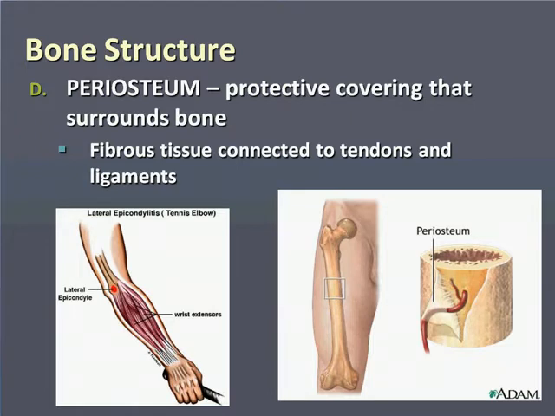Somehow skipping letter C, going straight to D, not sure what happened, is the periosteum. Peri just refers to the surrounding parts, and in this case it's OSTE, which is referring to bone, and UM just refers to tissue, so it's the surrounding bone tissue, the outer layer of bone. And it's actually also very useful because it's connecting tendons and ligaments. In other words, it's connecting bone to bone and muscle to